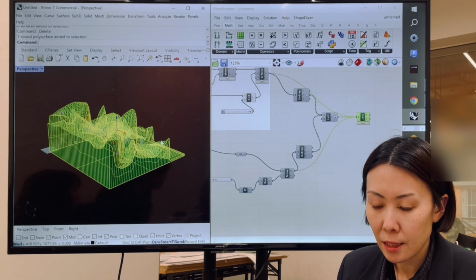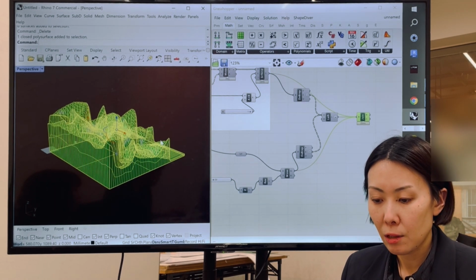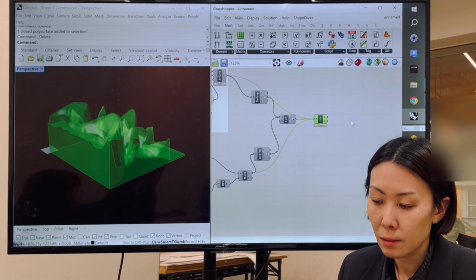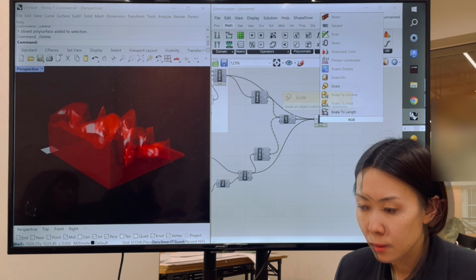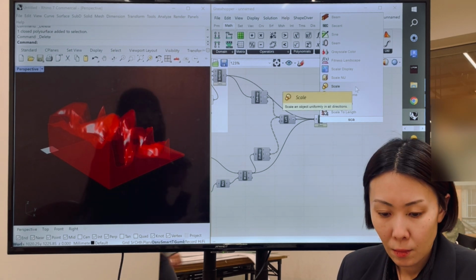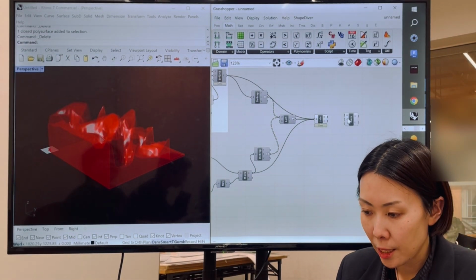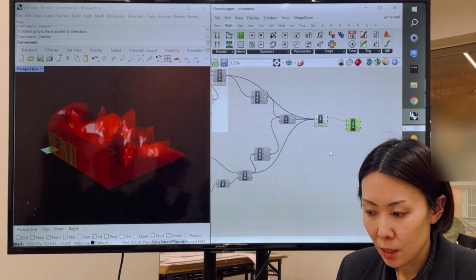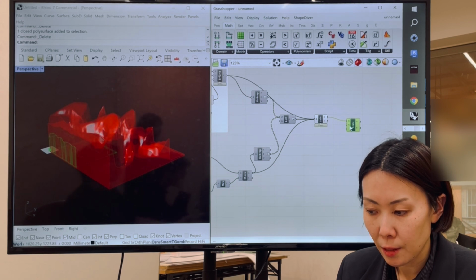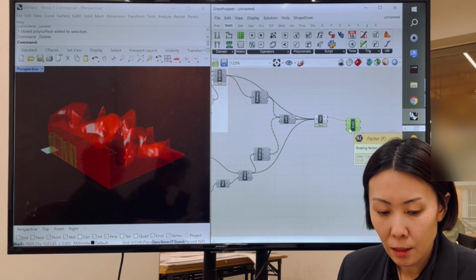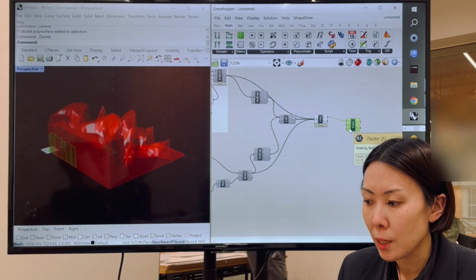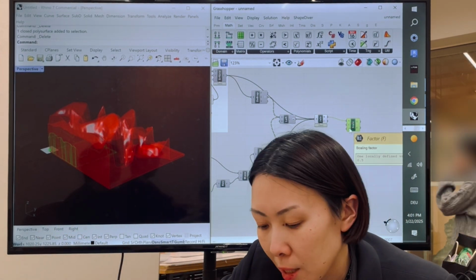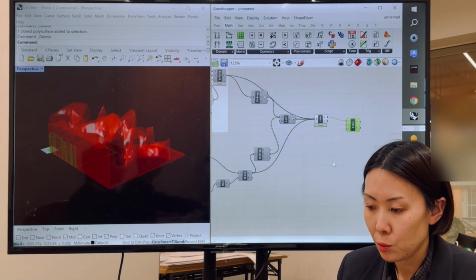But now this is a 1 meter size. It's our mock-up size. So I just want to scale it. So now I just want to scale, and put this here. For the scaling, originally the factor is 0.5, and now I want to make it 1 to 20 as a variation model. So this is like 5 centimeters. So this is 1 to 20. So I'm just going to put